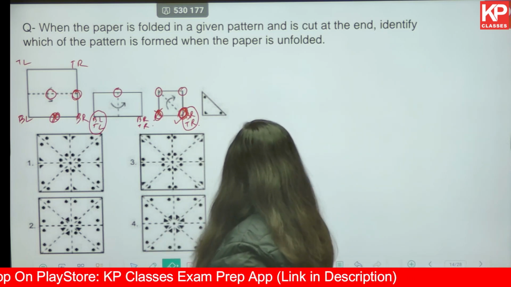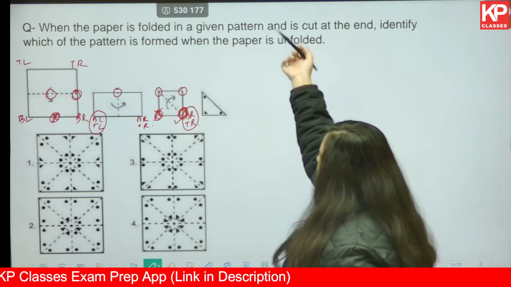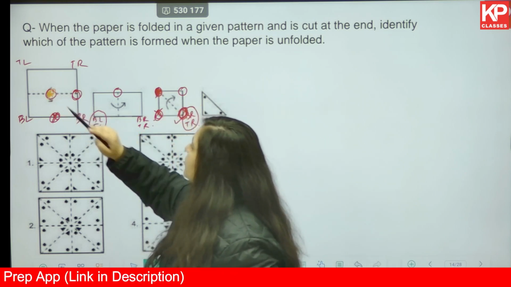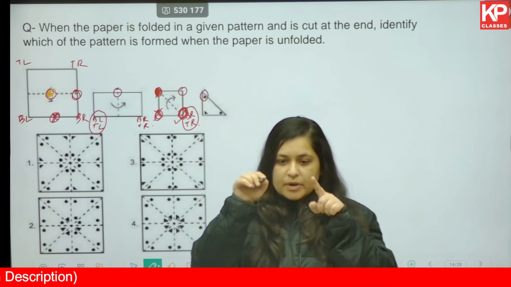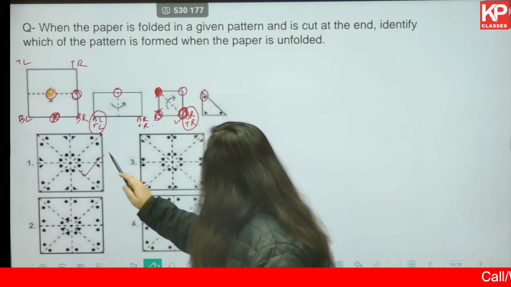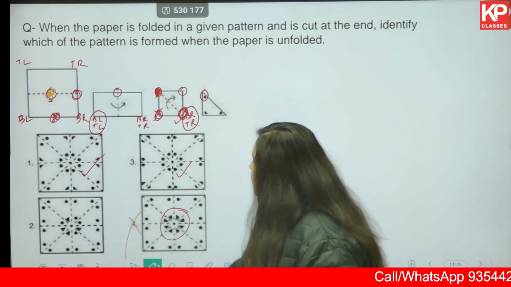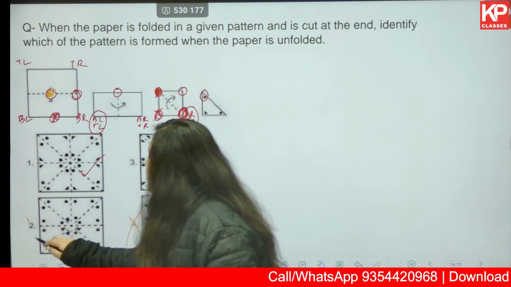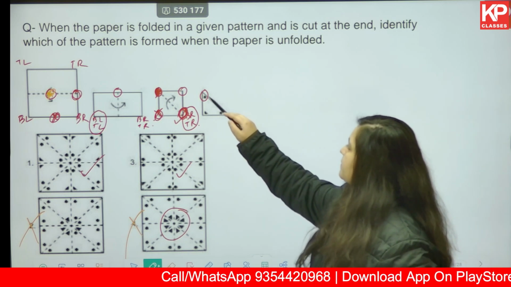First you have to observe the elements, and if based on the elements you are able to solve these kinds of questions. Now this is the middle portion we have noticed. There is a circle over there. So what do we observe first? Whether in the middle portions all are circles or not. So here all are circles, correct. Here also all are circles, correct. Here you have all triangles, cannot be correct. Here you have alternatively one circle and one triangle, again this cannot be correct. What you should have is, in the center you should have only circles.